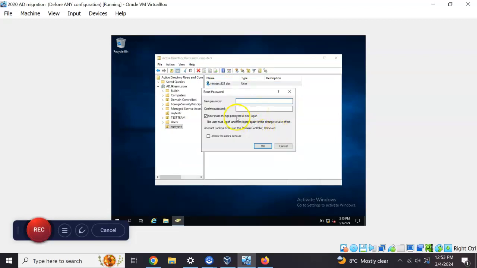Now type the new password, and at the same time you have an option that if the user account is locked out, you can select unlock the user account and give them the new password. Suppose the new password is ABC@123, ABC@123, and I want the user to change this password because I'm the one specifying it. So the moment the user types this password, it will automatically prompt them to change the password